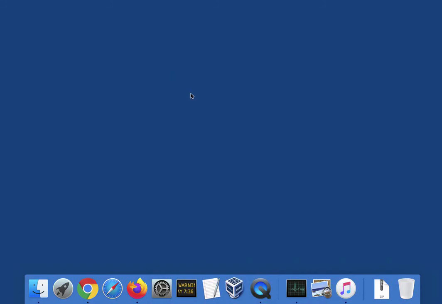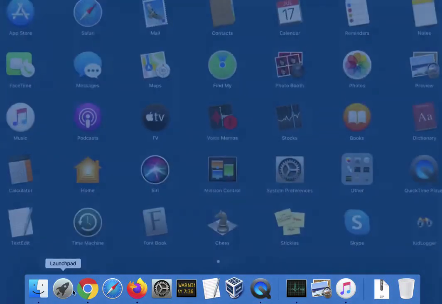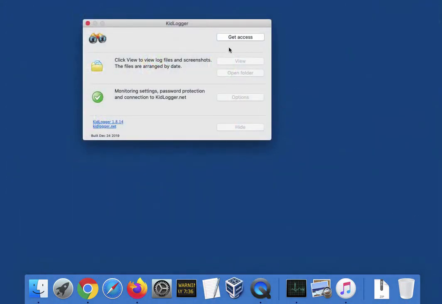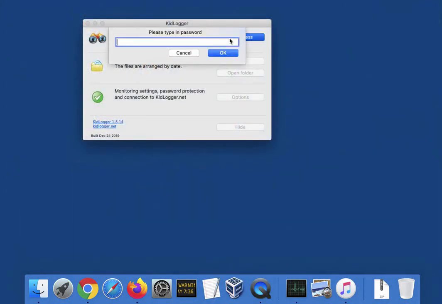And now I want to show you how to uninstall the KidLogger application. First, we need to launch it and stop the monitoring. Click Get Access and write the password that we assigned on the server.